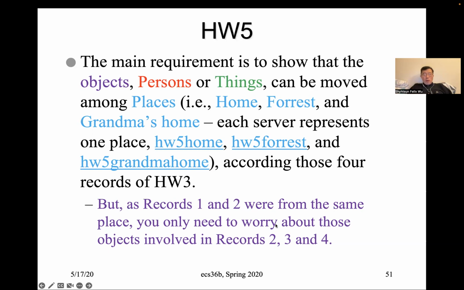I also want to reiterate that record number 1 and record number 2 are from the same place, so you don't need to worry about the transition between record 1 and record number 2. You only need to worry about the object mobility issue involved